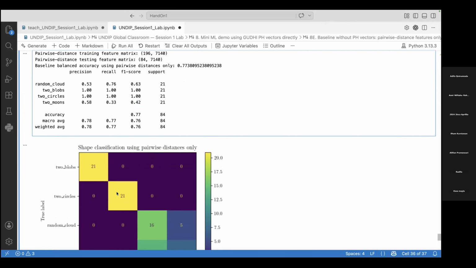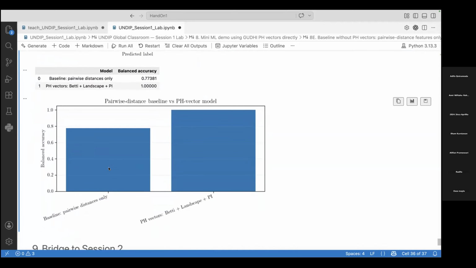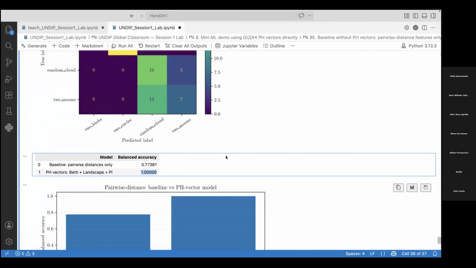Okay. So if you were to compare between these two, for baseline, the one without persistence vector, it did about 77%. Whereas if you extract the shape and then use it, you can clearly see the model performed perfectly, 100%. So that would be the concluding remark here, right? So we can see, if I were to go back to my notes,